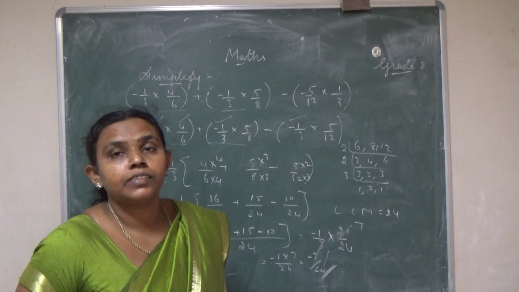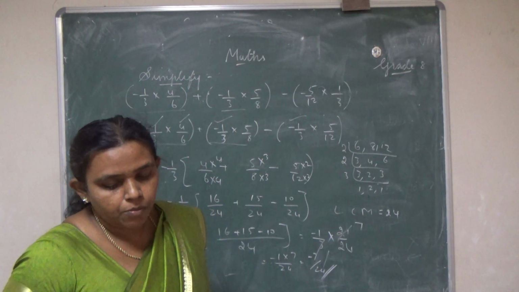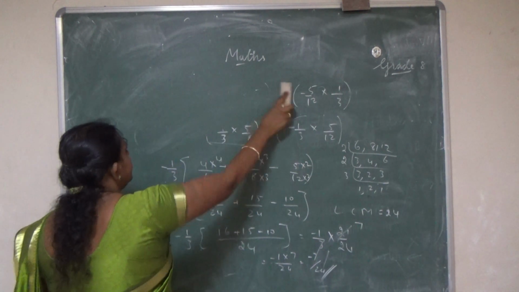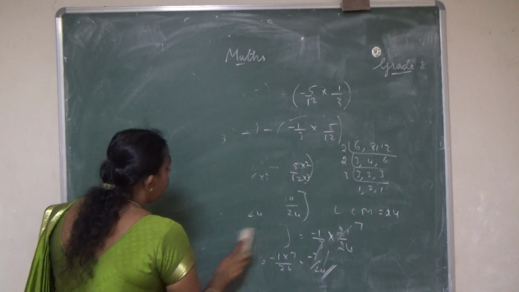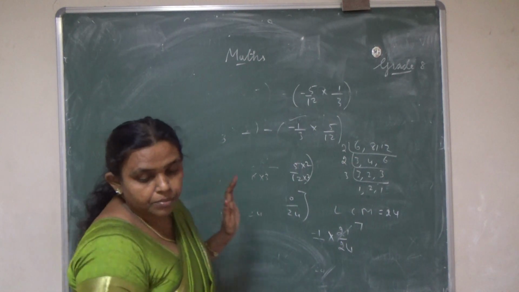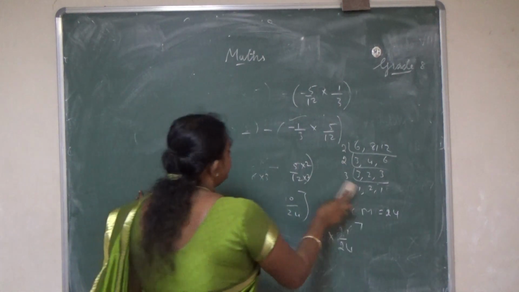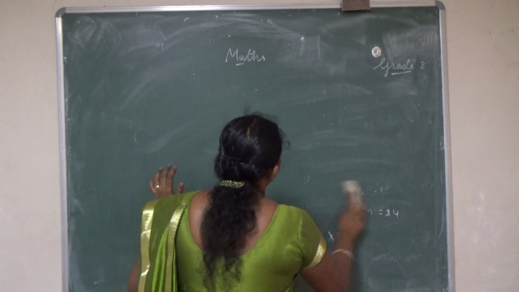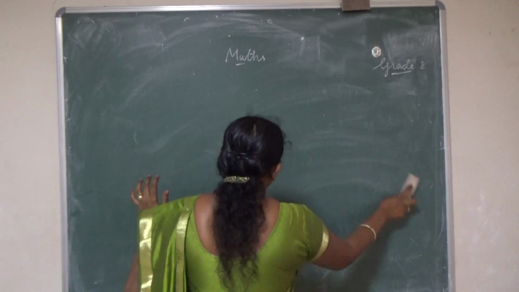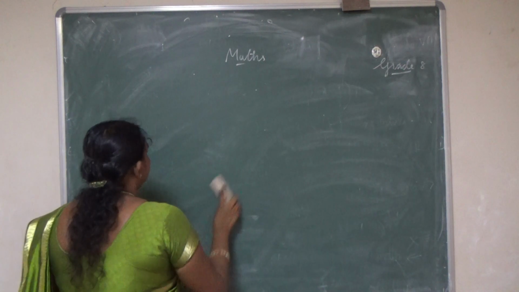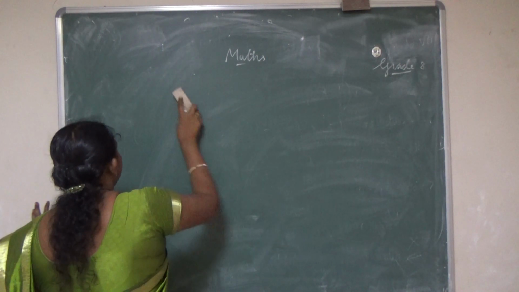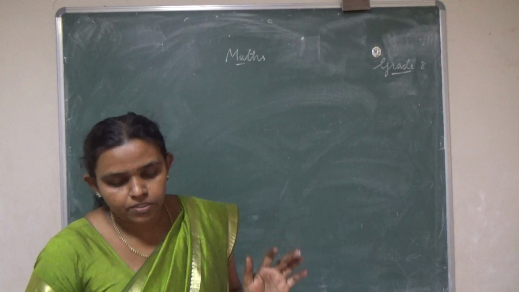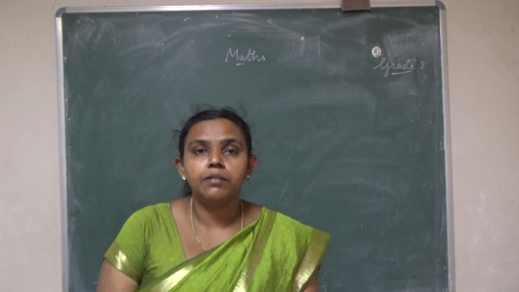Okay, shall we go for the next problem? So one word problem that is in your book, page number 14, 13th example. In a triangle, we have to find the area of a triangle. What is given in that problem? Can you read that? Take your book, page number 14, example 13.